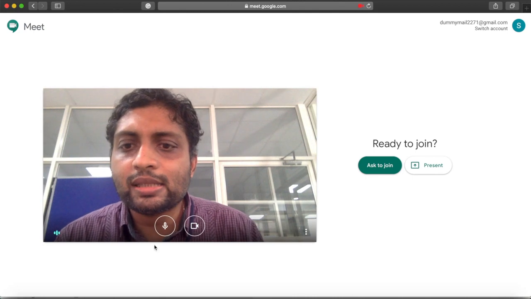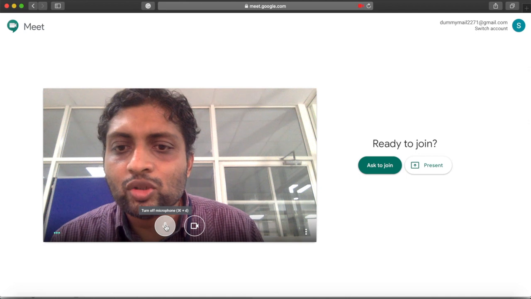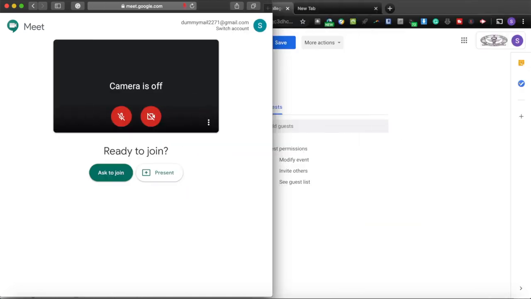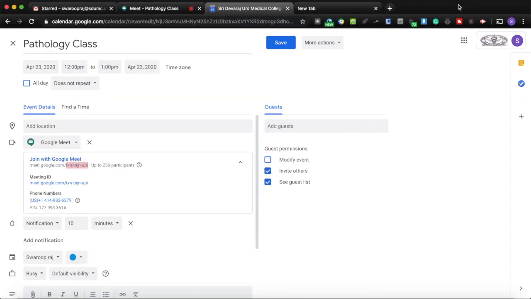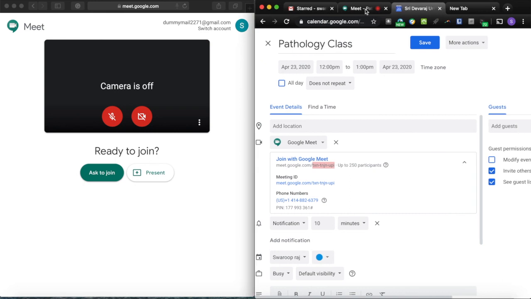Here you can see I've joined as a user, as a student. I'll turn off both the mic and the webcam, and now I will place the student one on the left hand side and the teacher one on the right hand side.